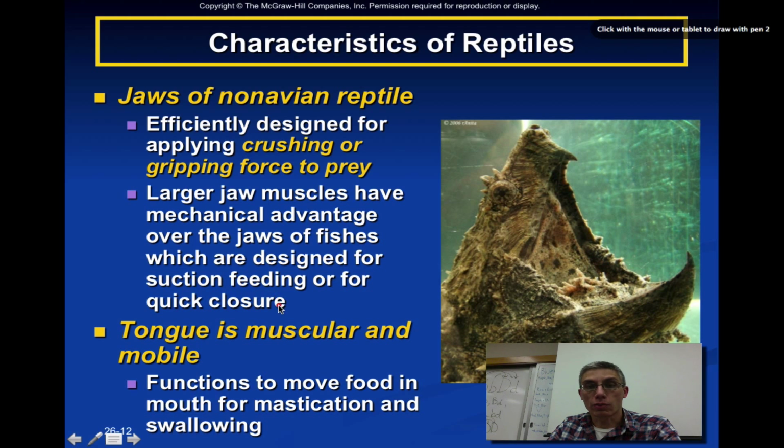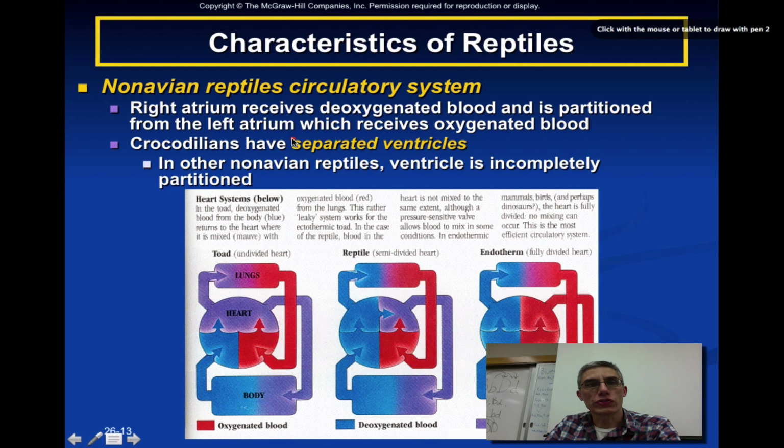Now the tongue is going to be very muscular in a lot of reptiles, and now we have a tongue that's actually going to be used to move that food around inside of the mouth and basically improve the method of what we call mastication and swallowing in that reptile. To masticate something basically means to chew something, to make it much smaller so it's much easier to swallow. Now the reptile circulatory system is a little bit different from what we had seen in the amphibians,